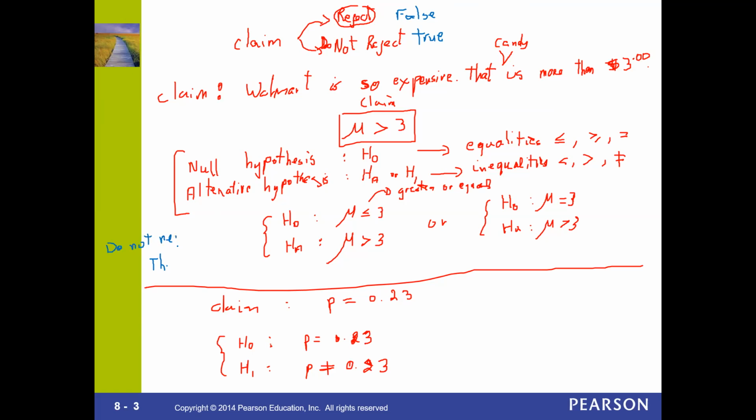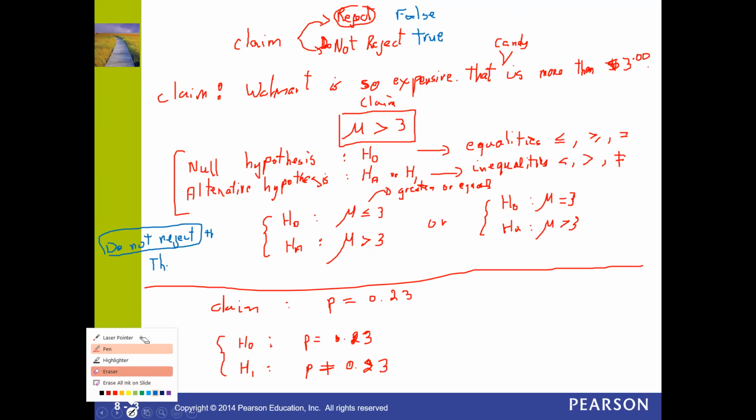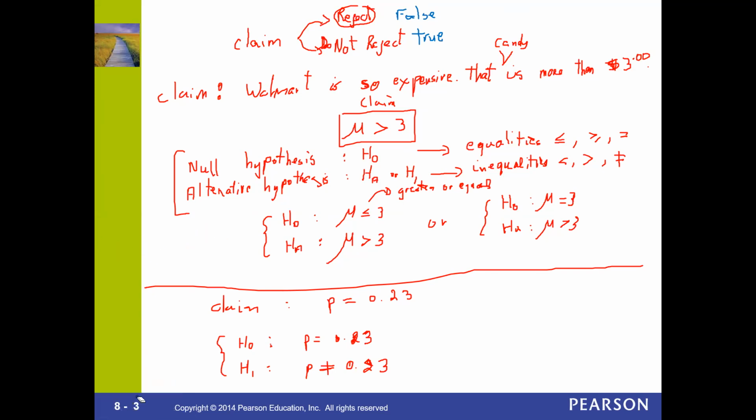Actually, I don't want to say do not reject. Suppose the claim is false. It depends on how it's phrased. Suppose the claim is false, you're going to say